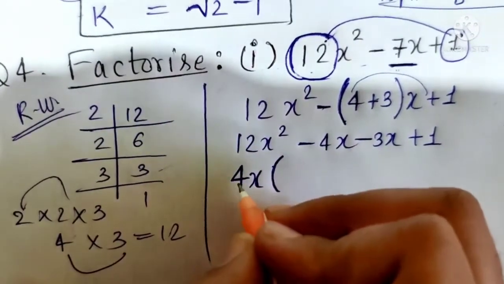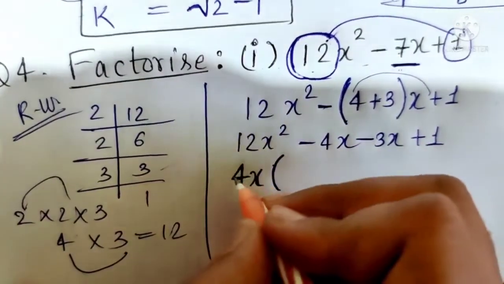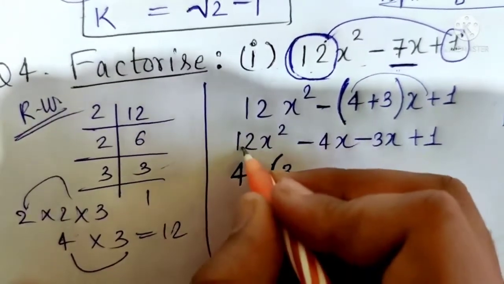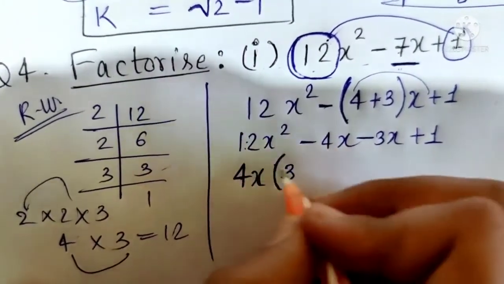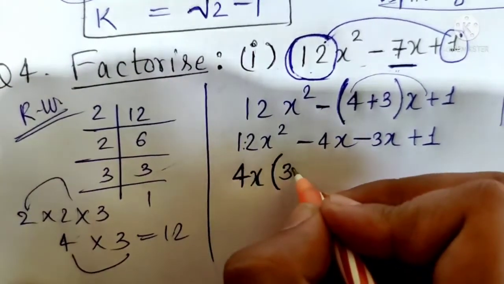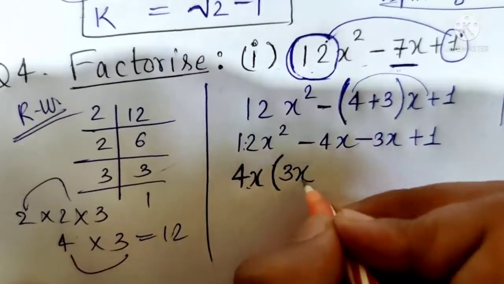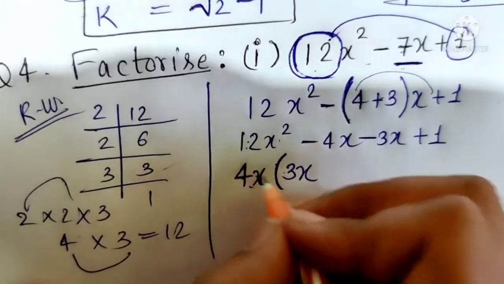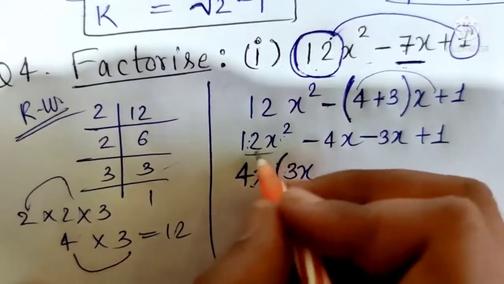By which number should I multiply 4 so that I can get 12? Definitely 4 threes are 12. Okay, 12 came. Now what do I need? x is there. I need x square. So how much should I multiply? I should multiply this x into x, and x square came. So 4 threes are 12 and x into x is x square. So we got the first term, 12x square.